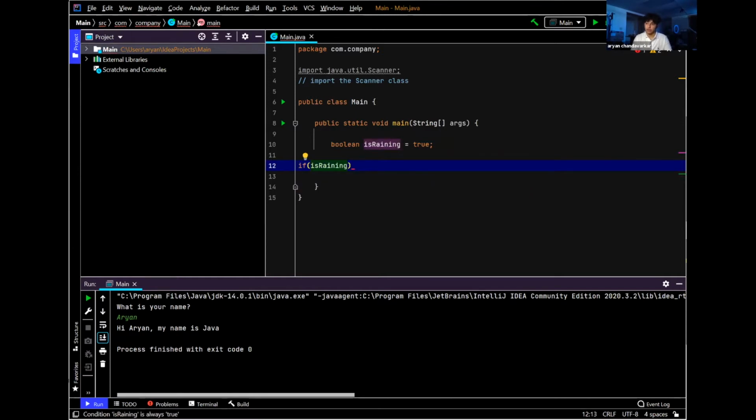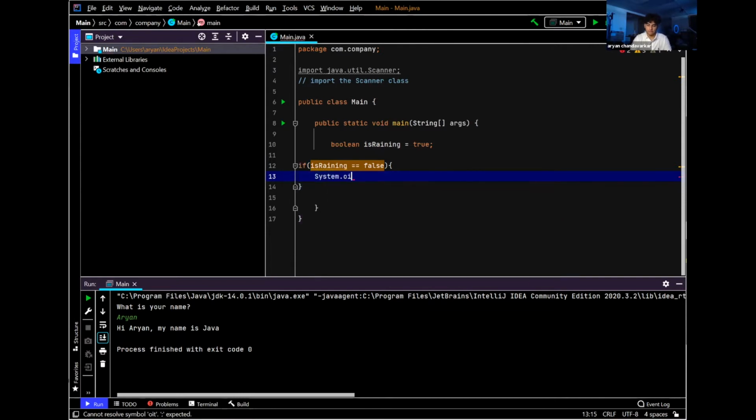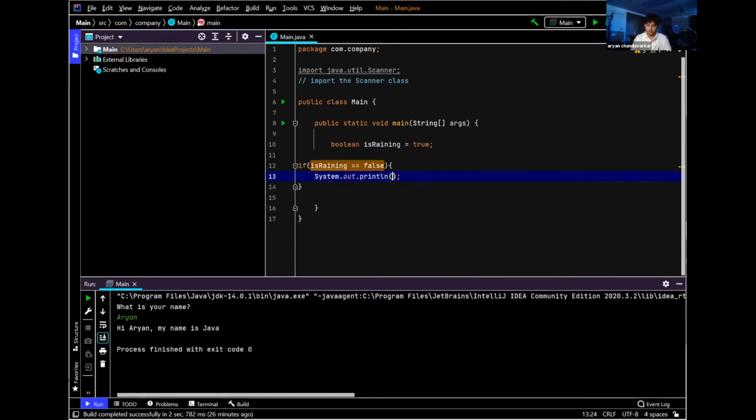And we want to make it false this time. So let's say it's not raining outside, then we want to go outside. So all we have to do is type in if isRaining equals false. Then you just do some open and close brackets, and then you do whatever you want to do. So System.out.println. You can output whatever you want it to be. So stay or go outside. And if we run it,